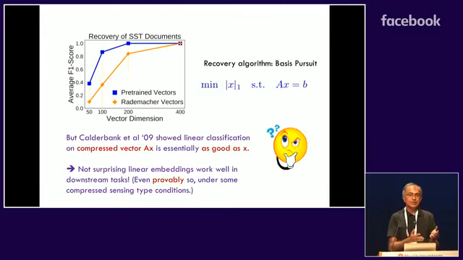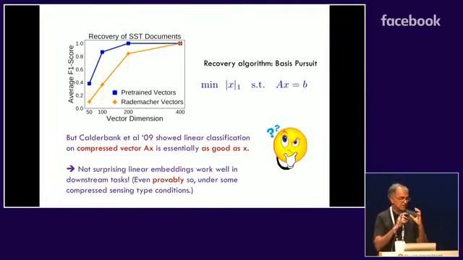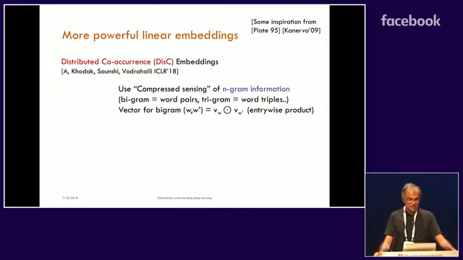And it's interesting that in the LSTM work, people empirically compare to the bag of words or bag of n-gram information, and sometimes LSTMs don't do as well as bag of n-grams. But the theory says they should. So it's interesting that just by designing the text embedding, you can probably do better than many LSTMs that are out there right now, on some tasks. All right, so these are the powerful linear embeddings that follow that train of thought.